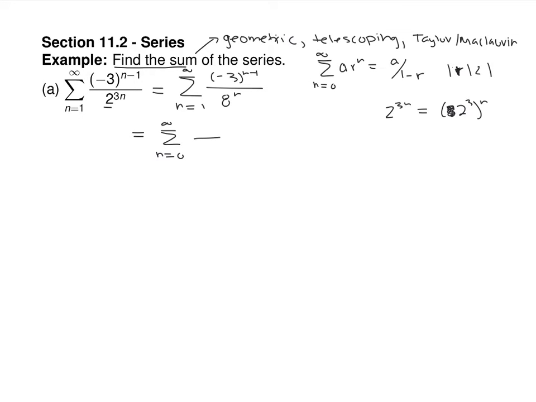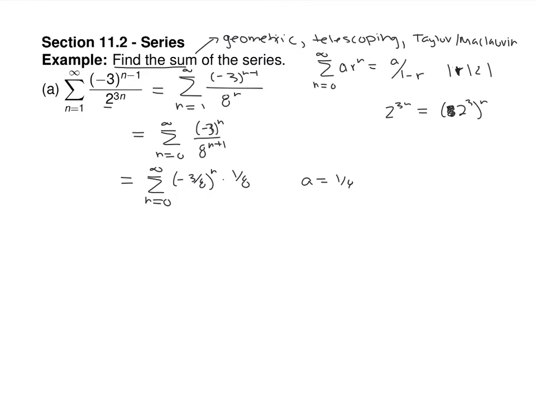And that makes this 8 to the n plus 1, and this negative 3 to the n, which is the same thing as the sum from n equals 0 to infinity,